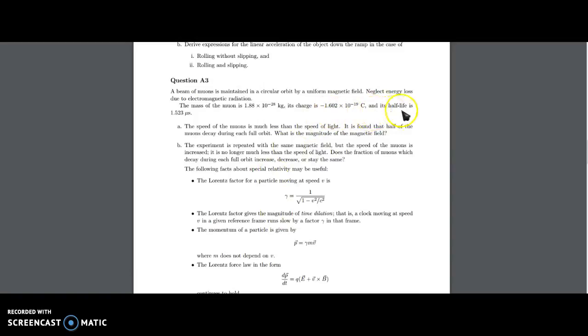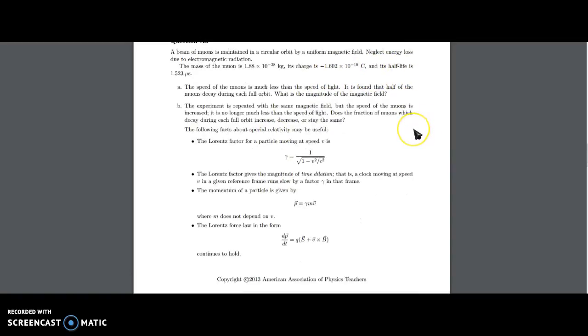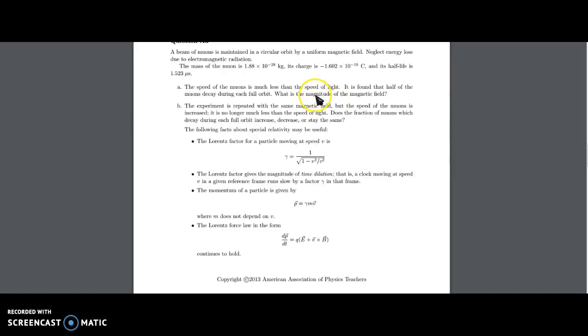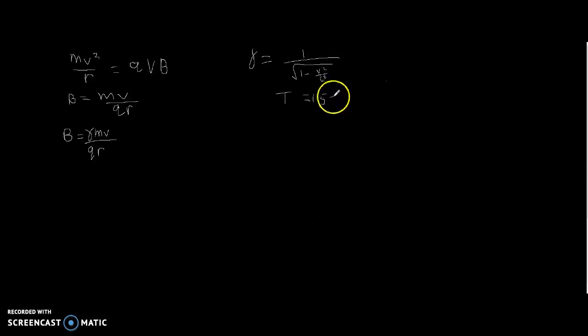But it does give you the half-life. For one full rotation, if it's found that half of the muons decay during each full orbit, that means the length of each orbit is equal to the half-life. The half-life is the amount of time we require for half a sample to decay. So since we're given the period, which is the half-life, equal to 1.523 microseconds,